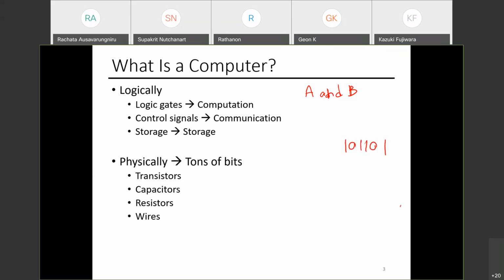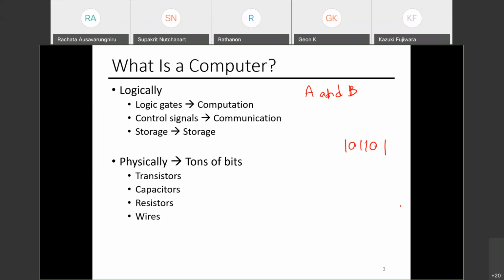We know electrons exist, right? Which means that if something has electrons, we can say that's a one. If something doesn't have electrons, that's a zero. I can move electrons around, right? I can just kick them out. I want this particular storage element to store a value zero.